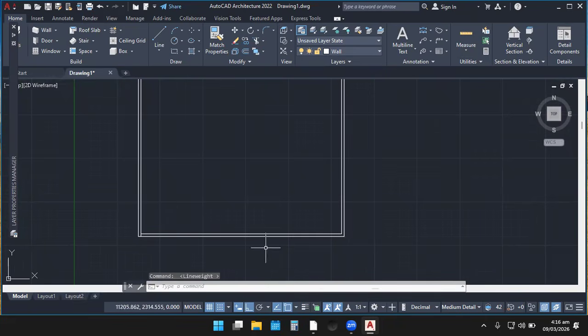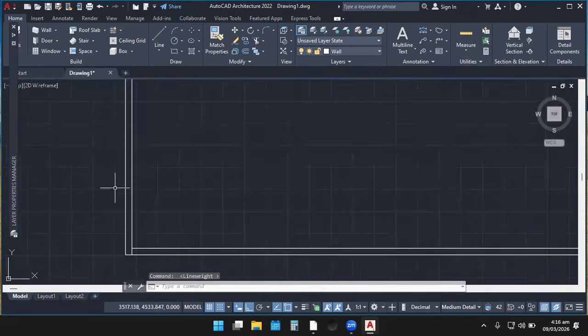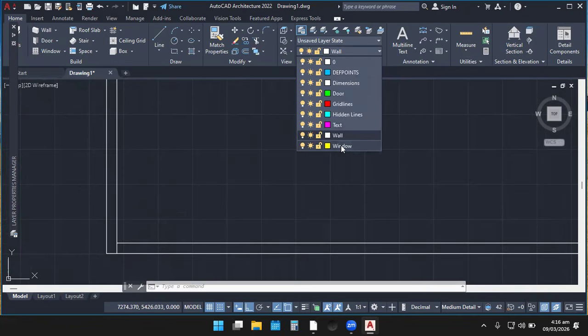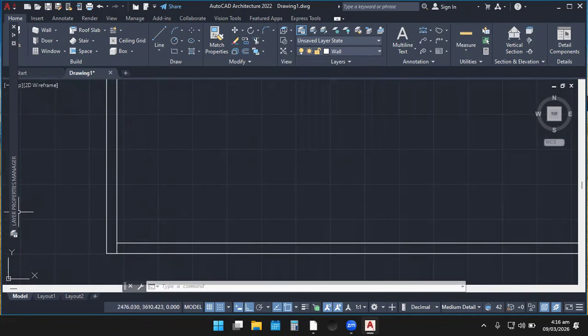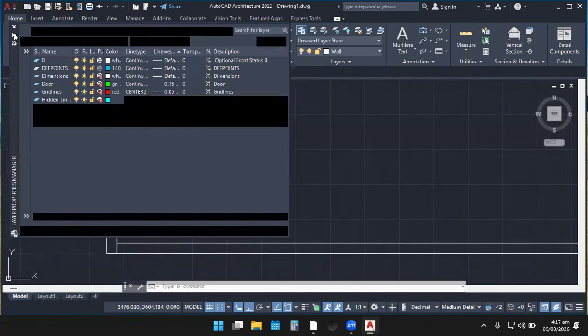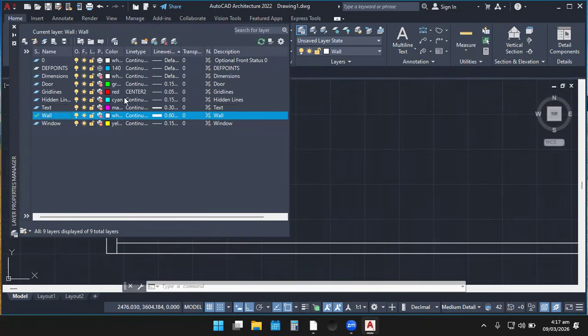Because it's the door we are coming to draw now, I'm coming to activate the door layer. So this is the door over here. If you don't want to use here, you can still come in, because you can see that this is still the layer property over here. If you come and click on this arrow, auto hide, it will display. Then we select what? The door.